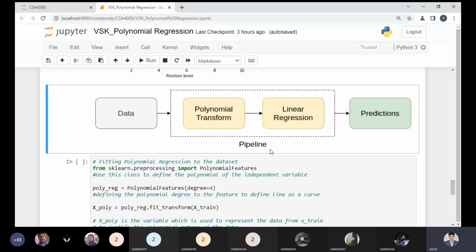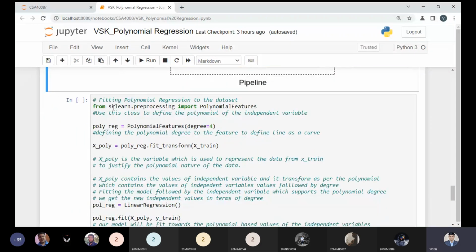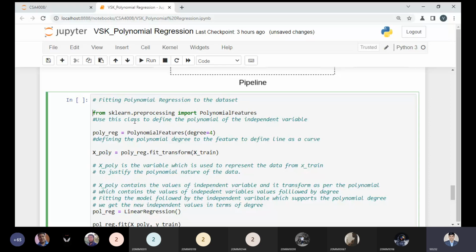And to understand polynomial regression, we have to understand this code properly, so that everything will be clear to all. So now we are fitting the polynomial regression to the data set. For doing this, we have to use our preprocessing class, and in this preprocessing class we have the PolynomialFeatures method. We use this class to define the polynomial of the independent variable, so the independent variables will be transformed to polynomial form.